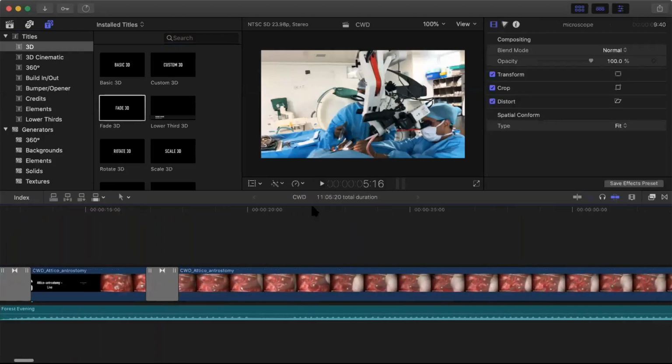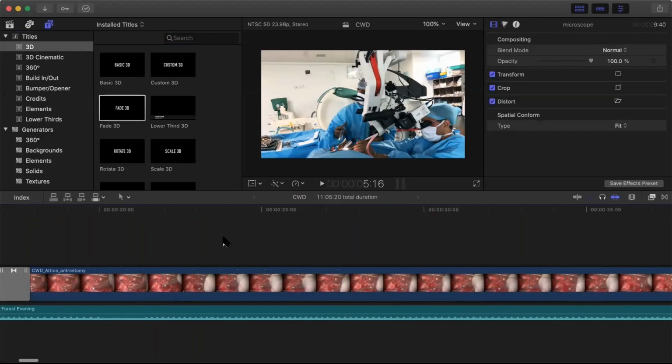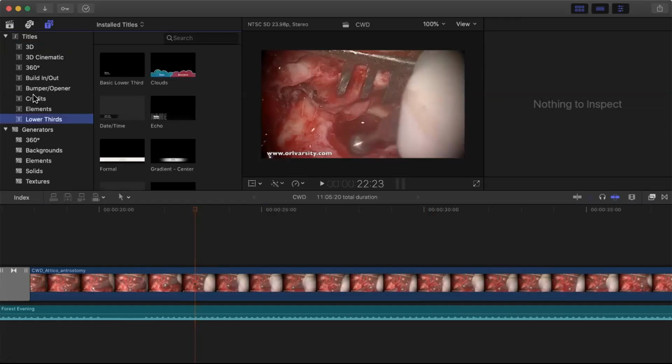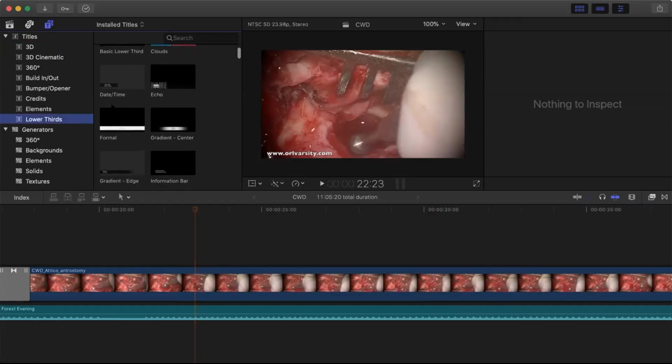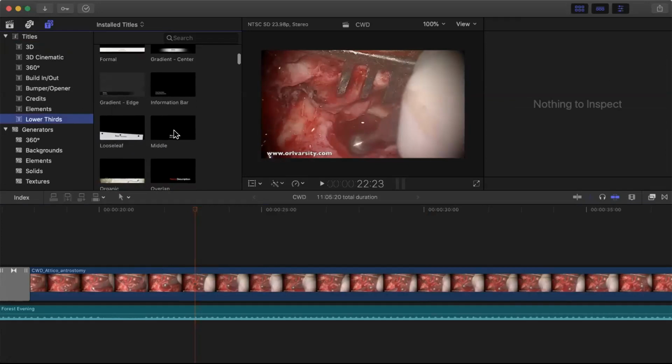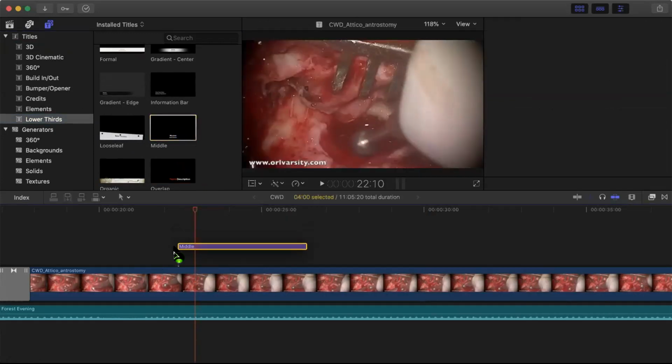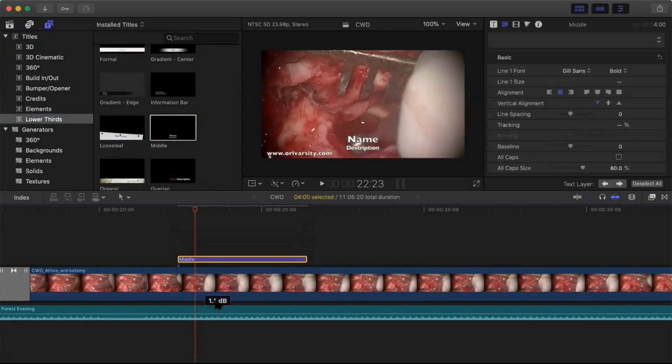Okay, if you want to put a labeling annotation above the video separately, like I put a watermark urlvarsity.com. If you want to put something, you can do that also. For that, there are lower thirds or some other titles that you can put over the video. Okay, so I'm going to pull one of them. I'm going to pull this with two colors, but red color will not be seen against red background. So I will pull this. I'm going to put it here. Okay. It will sit on another timeline. See, it is sitting in another timeline above.